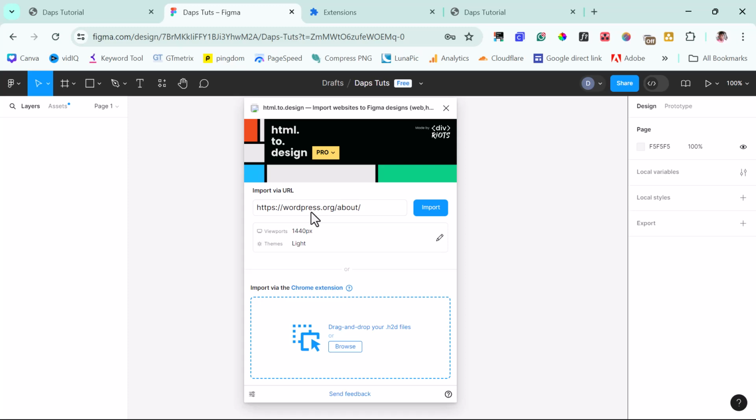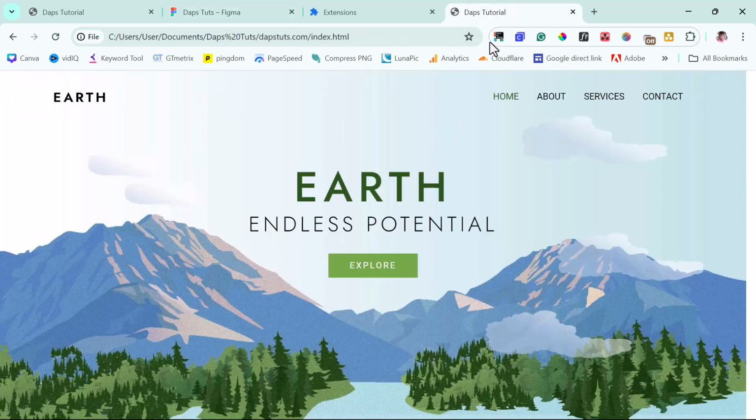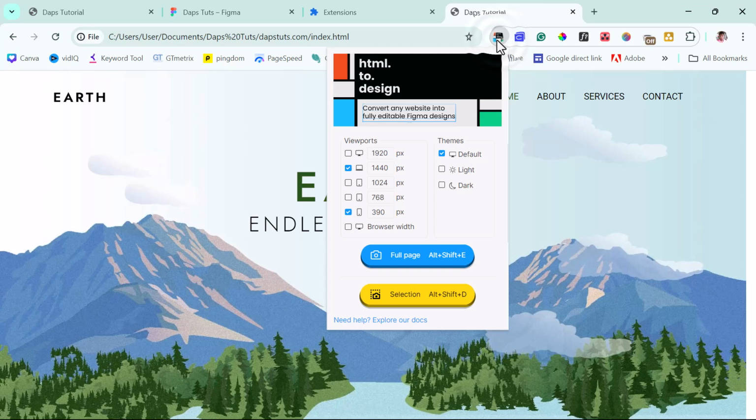continue from there. So what you want to do right now is to click this link here to download your Chrome extension. And once you have installed your Chrome extension, you should have an icon like this here. So let's come back to the home page now. Now let's use their Chrome extension. So once we launch the Chrome extension, it's pretty much the same or similar to what we have inside of